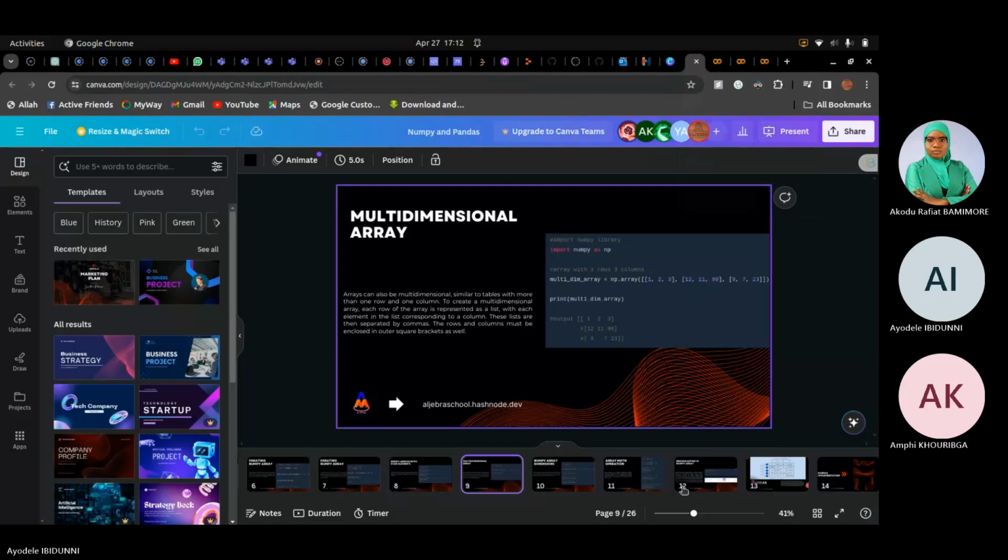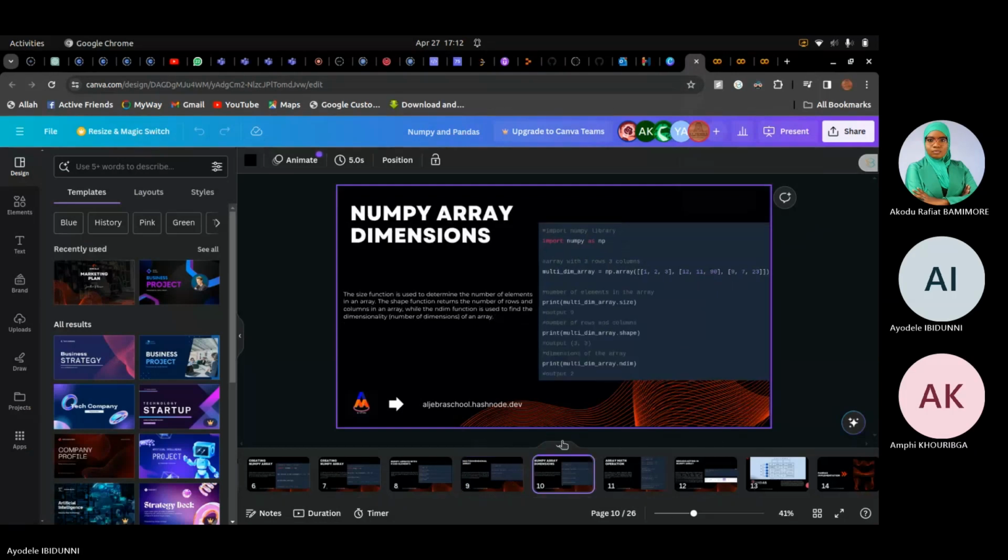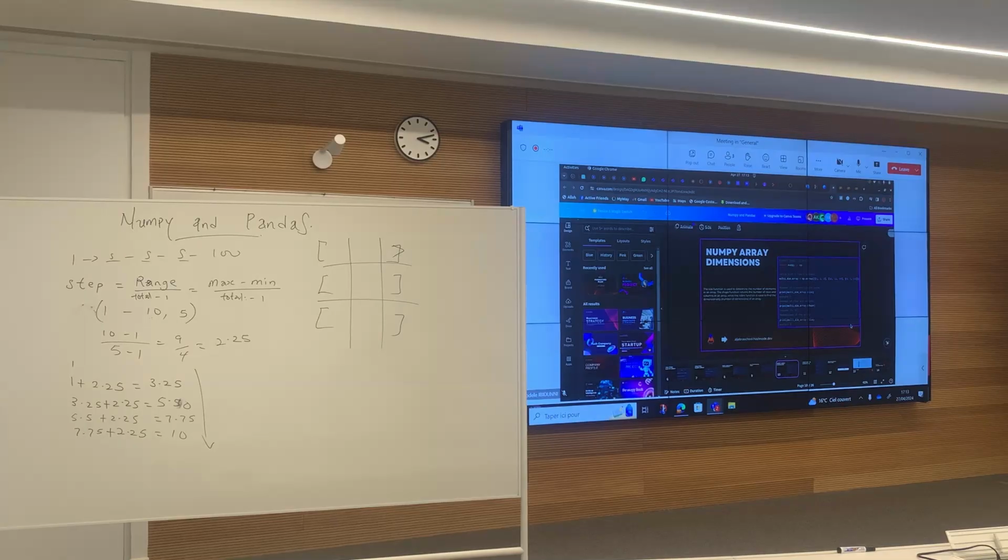If you want to measure the dimension of your array, there are some methods that we use for it. We have what we call size, we have shape, we have ndim. All these functions will come in handy when you start building complex models. For instance, if you are dealing with deep learning, then you know the purpose of these methods. They are very important. Because when you are dealing with images, for instance, most times you will be stuck if you don't know the structure or the shape of a particular array you are passing,